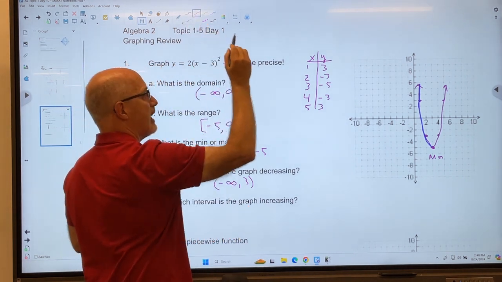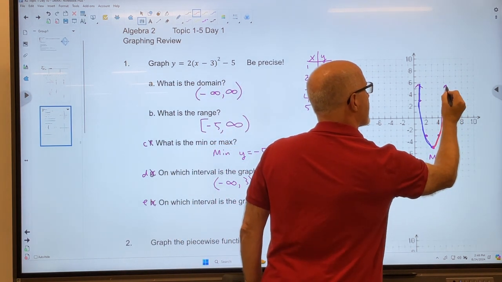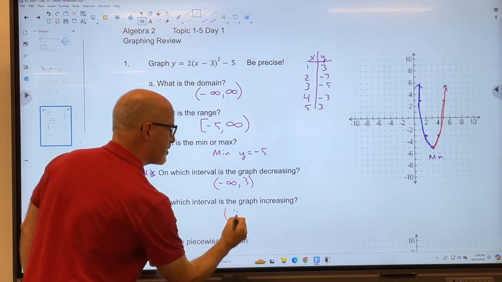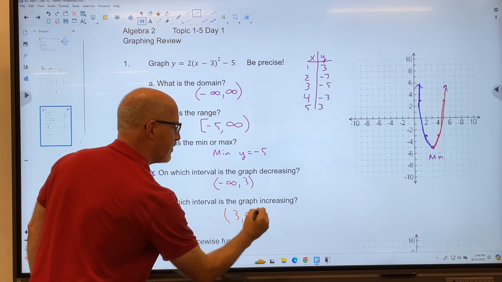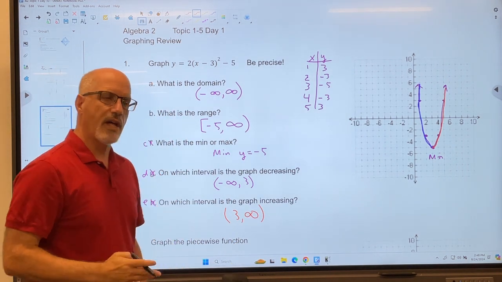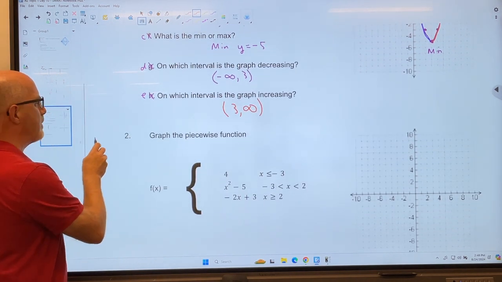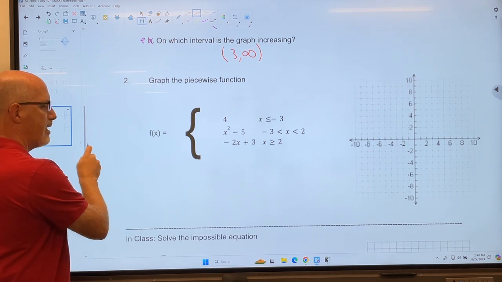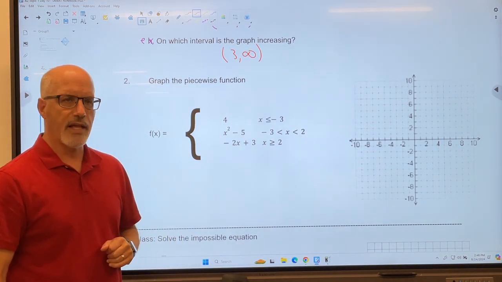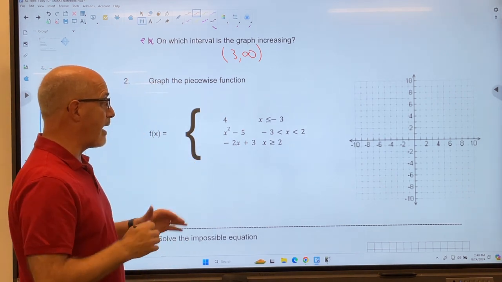And then we're going to increase out this way. So it's my increasing part. The interval it's increasing is it starts at 3 and goes off to infinity. So that gives a review of a lot of this information on our graphs. Let's go ahead and do this piecewise function as a review. This bottom part where it says solve the impossible equation, we'll do that in class. So for right now, let's go ahead and graph this